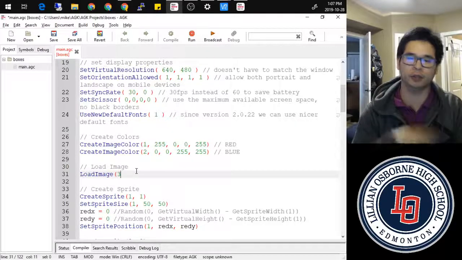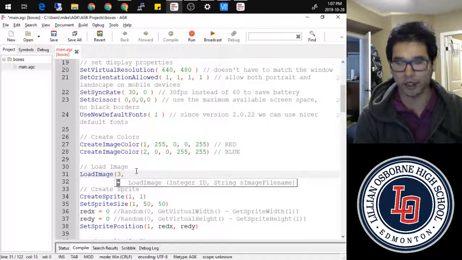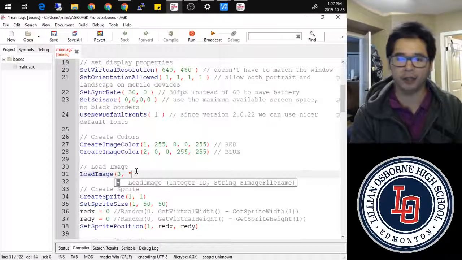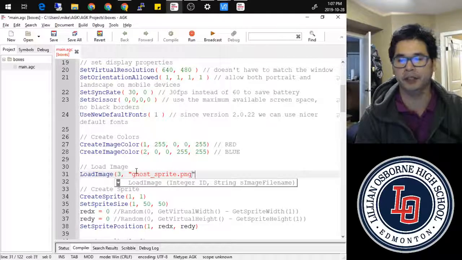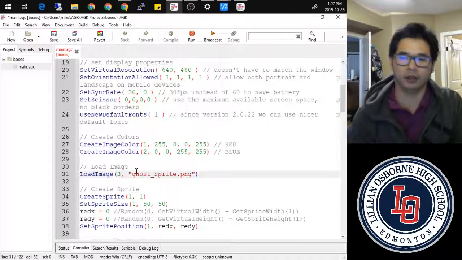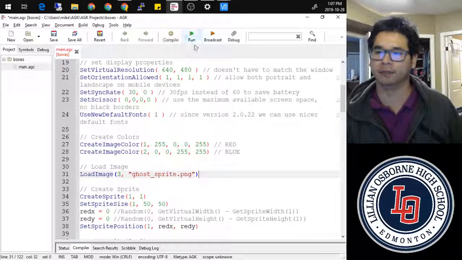So I have to continue onwards with 3 in order to get the right color. And then from here, I can put the name of the actual file. The name was ghost_sprite.png. I need to have the file type in there in order for it to work. So load image 3, ghost sprite png.